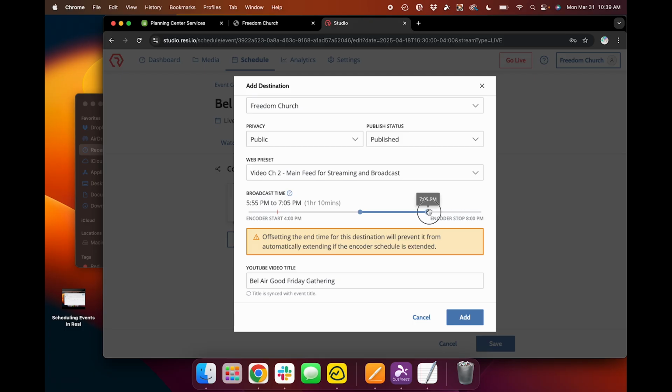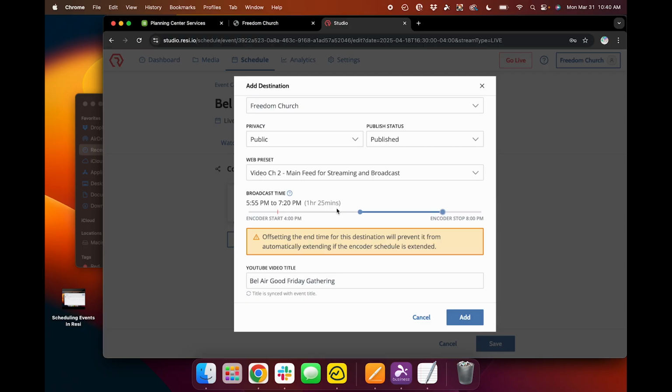And we want it to run a little after our gathering just in case we go over. So I usually do about 15 minutes after when we would end. Our gatherings normally land at about 65 minutes, which would put us at 7:20.